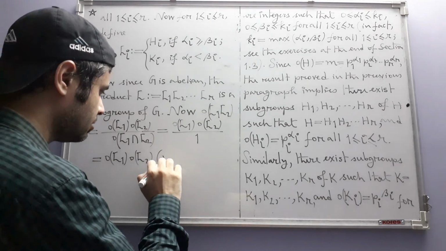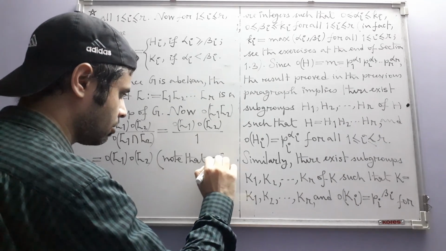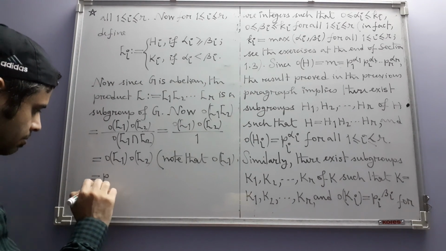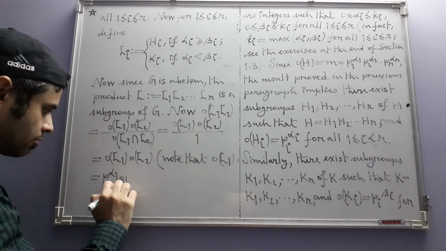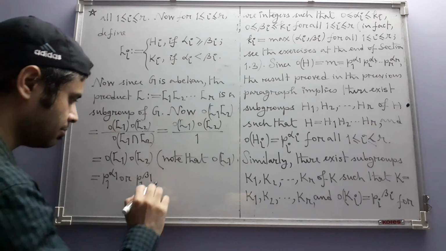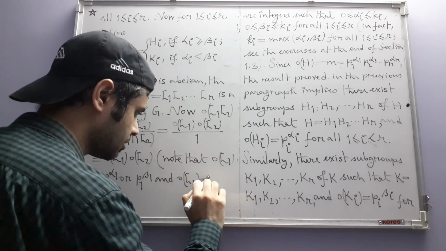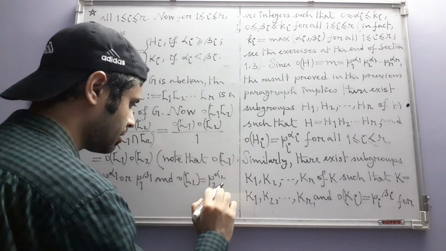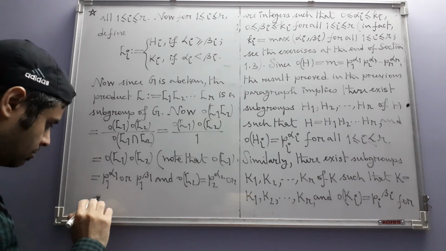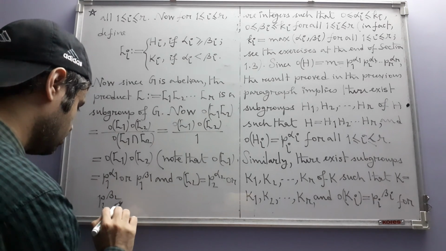In bracket we can write, note that order of L1 is equal to this or P1 to the power beta 1, and order of L2 is equal to P2 to the power alpha 2 or P2 to the power beta 2. Since